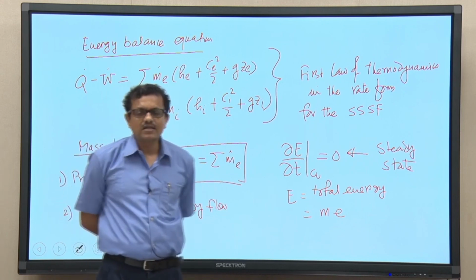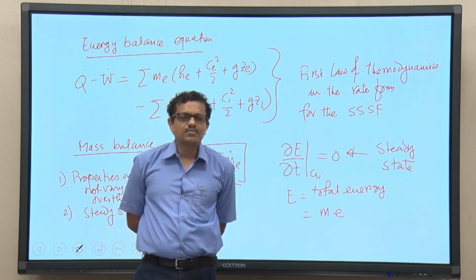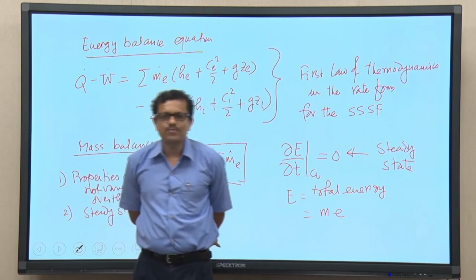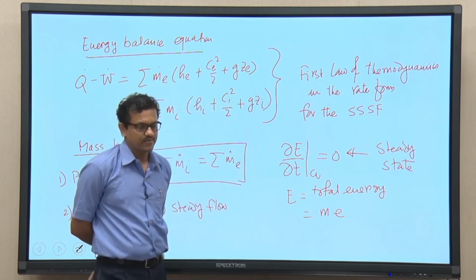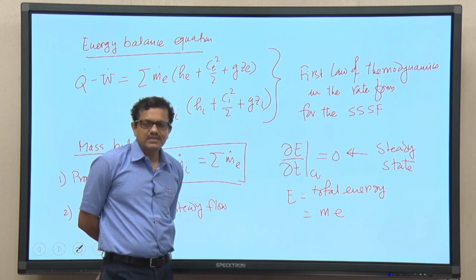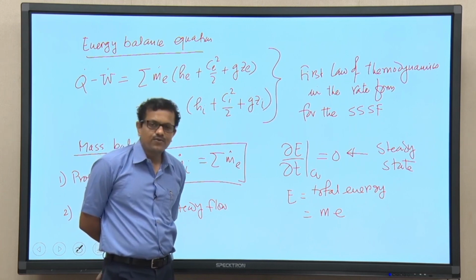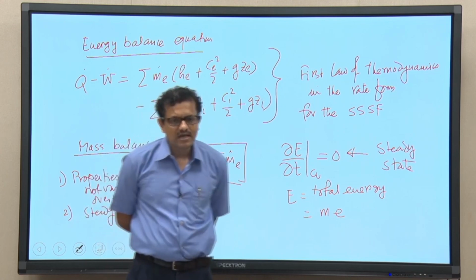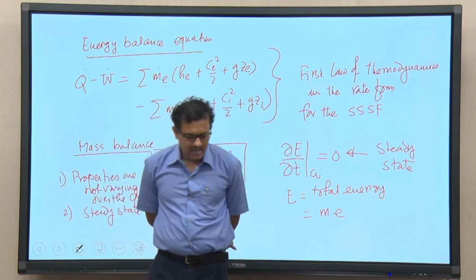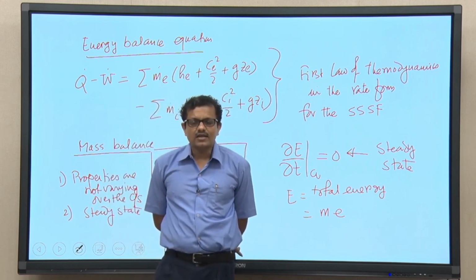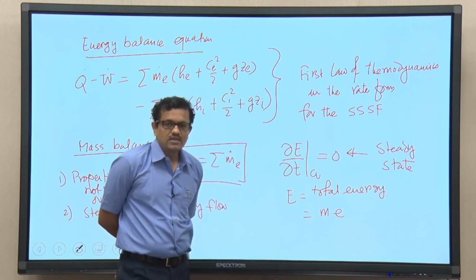just complete the discussion related to the first law of thermodynamics, because probably you have studied another important process, that is unsteady state unsteady flow process, USUF. So, if the state is unsteady and flow is also unsteady, then what would be the form of the first law of thermodynamics? That is also an important equation, but as I told you